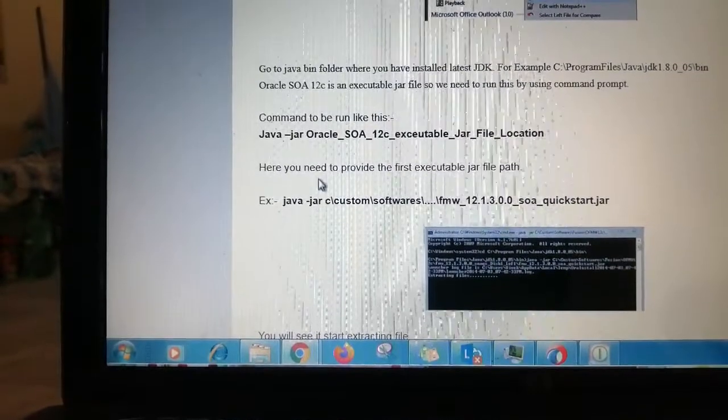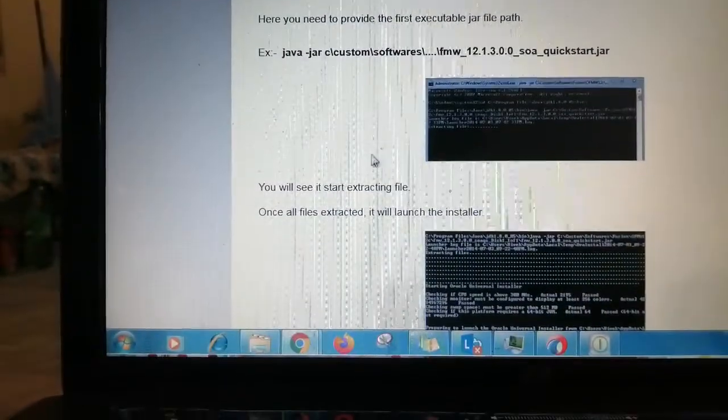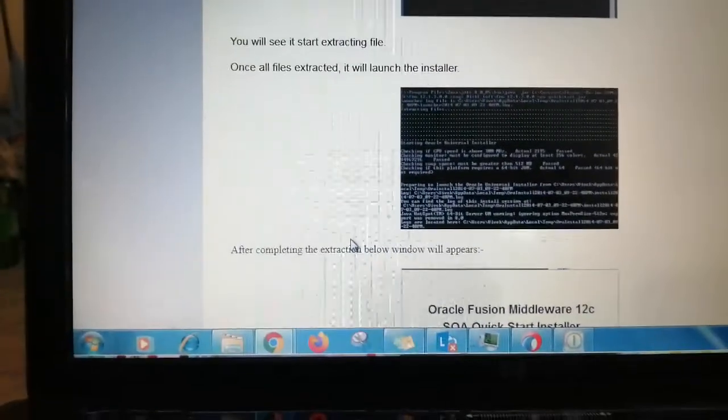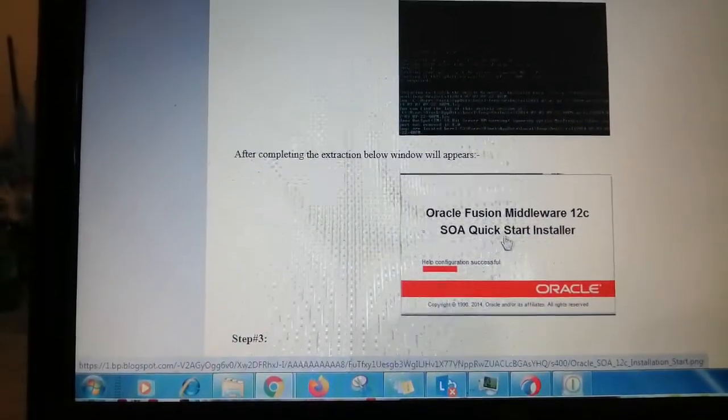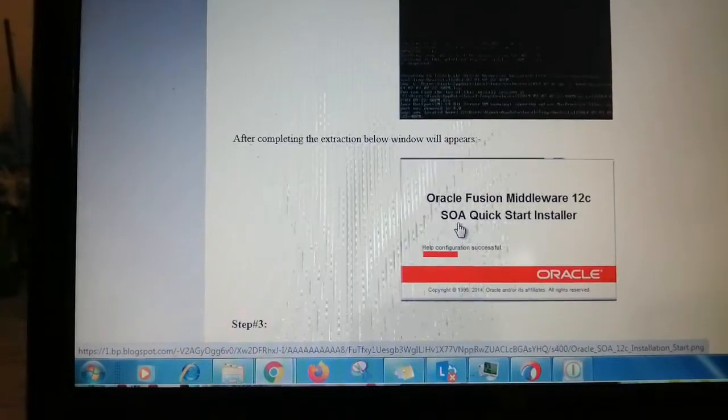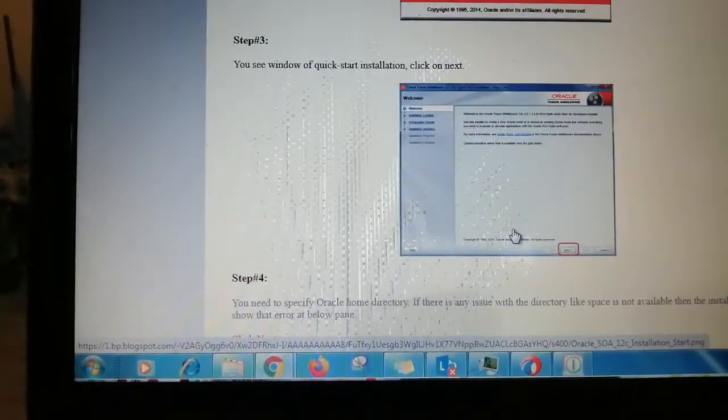After the extraction of the jar, one window will appear, like this: Oracle Fusion Middleware 12c SOA Quick Start. The installation is going on.